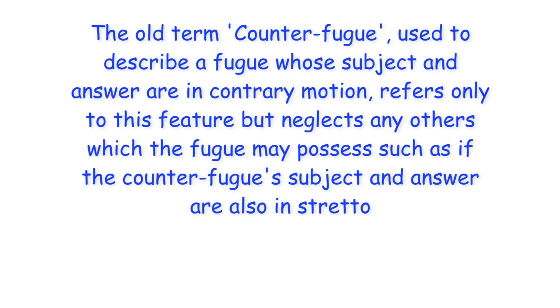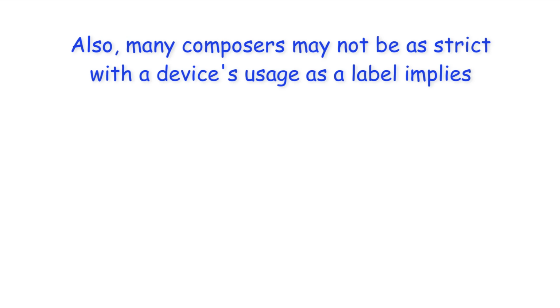For example, the old term counter-fugue, used to describe a fugue whose subject and answer are in contrary motion, refers only to this feature, but neglects any others which the fugue may possess, such as if the counter-fugue subject and answer are also in stretto. Also, many composers may not be as strict with a device's usage as a label implies. A fugue whose subject and answer are presented initially in stretto, for example, may later also include entries where they